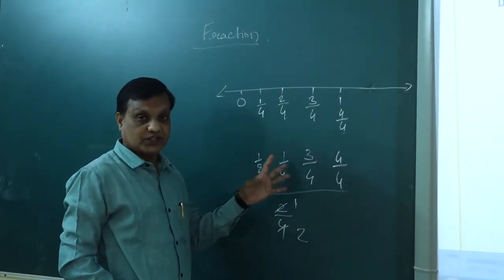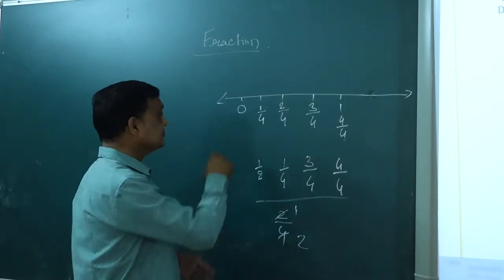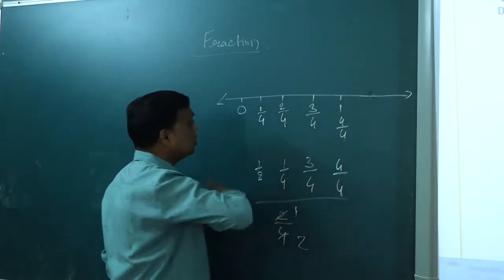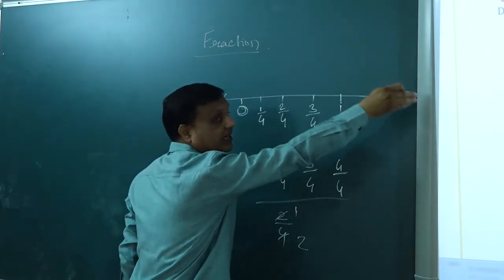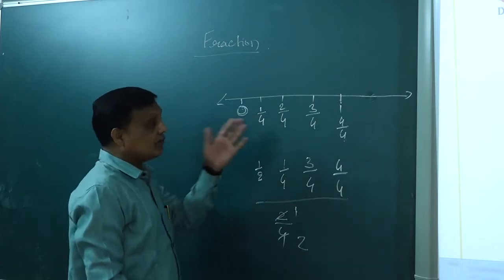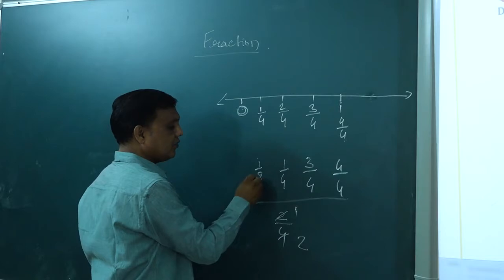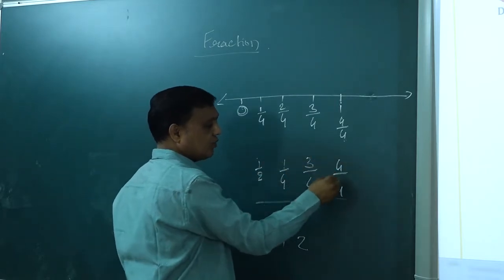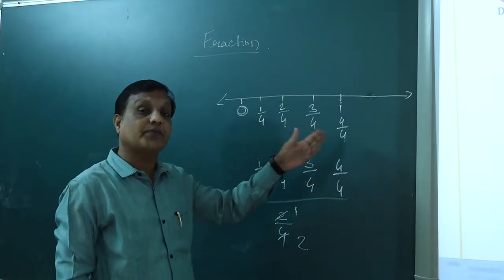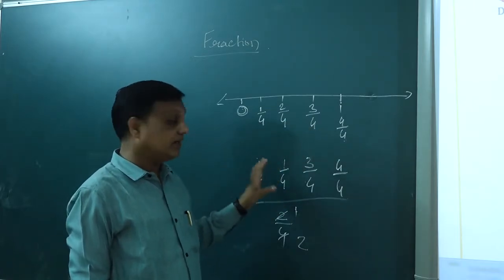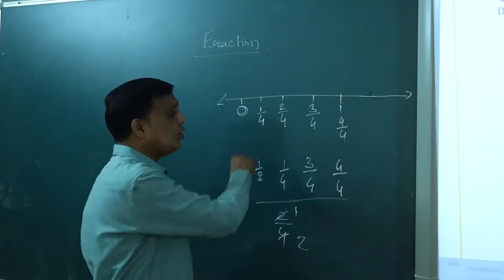First question. Understood? Or should I repeat once again? Okay, I am repeating once again. This is the number line I wrote. As you know, the starting point is 0. After 0 we have one number here, and the second number is to the right of 1. But I am not going to the right of 1, because the question asks to show the fractions 1 upon 2, 1 upon 4, 3 upon 4, 4 upon 4 on a number line. It means all these fractions are before 1 only. These fractions are between 0 and 1 only. So that's why I wrote only the numbers 0 and 1.